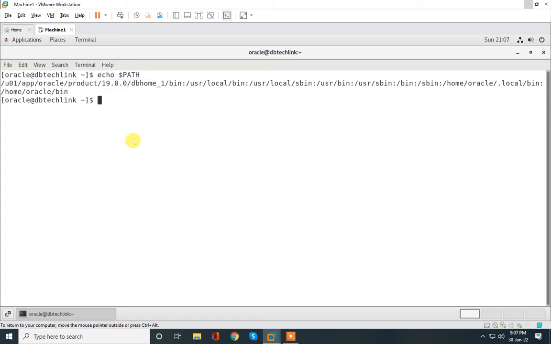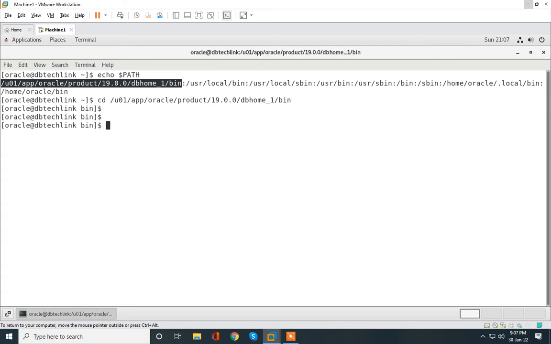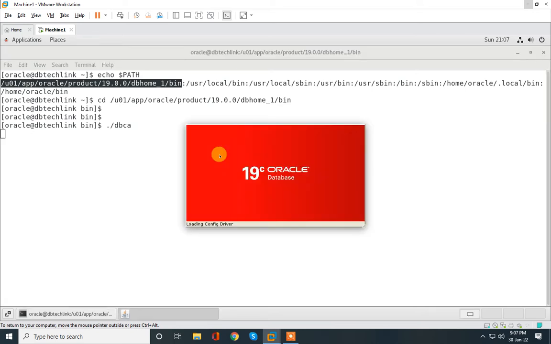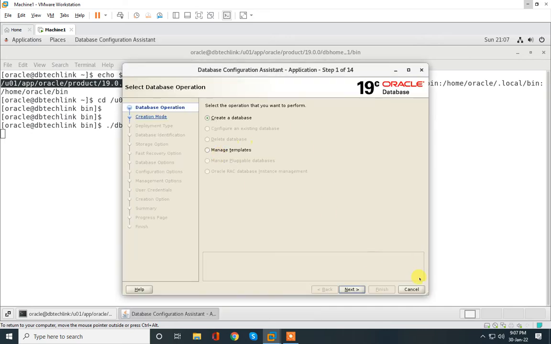from the OS prompt, right? If you have not set any environment variable, then you can run dbca from this location directly. You just have to cd to Oracle home bin, and from here also you can run dbca like this, right?